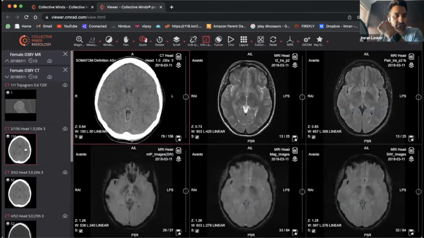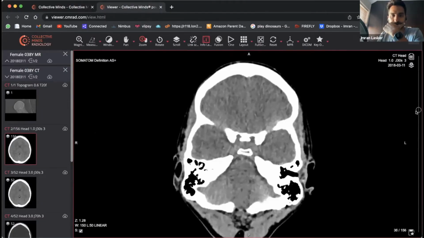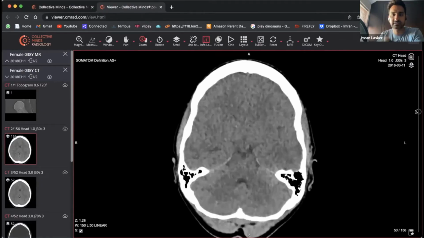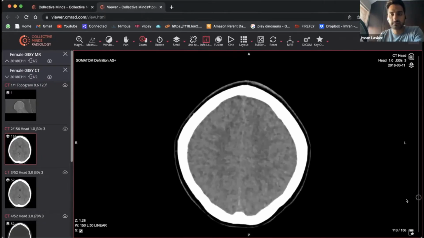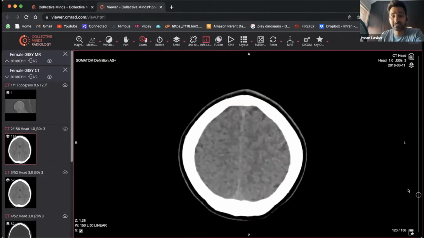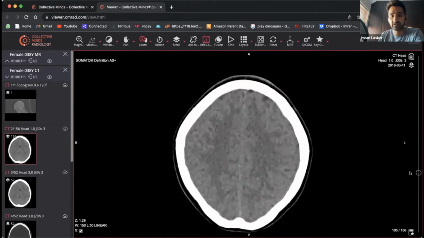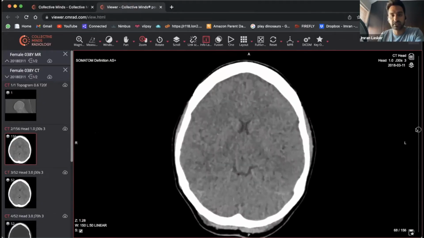Maybe just another example. Hang on, let's open this one. Let's have a look. Let's go through. So scroll through. Look, this is actually another example of the same thing. If we go from the very, very top, this one has got slightly smaller CSF spaces, probably a slightly younger brain. And as you scroll through, almost identical in appearance to the other one,